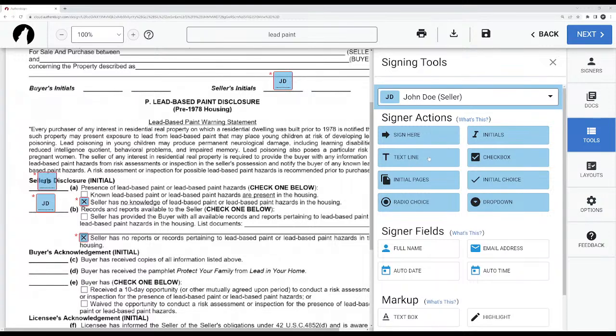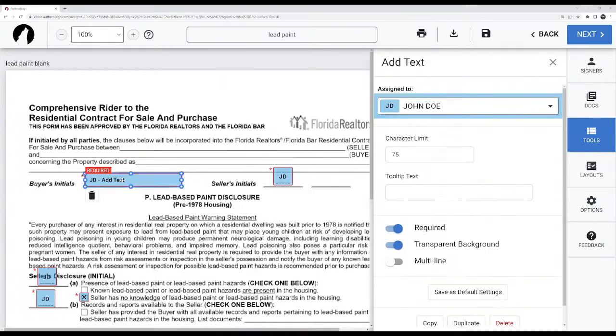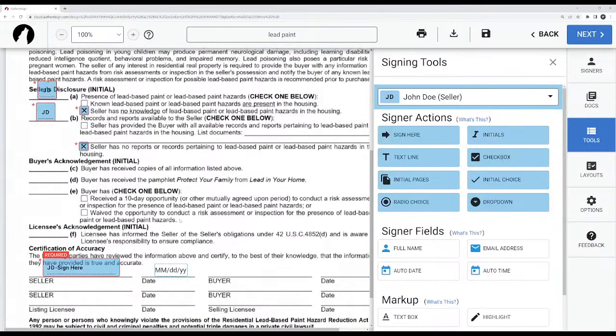Okay, the next tool is the text line. So you click this and you add a text line. Now, what is this is a good question. The text line is basically you're adding a required field for the individual to fill out. And the field that you're adding here, as you can see, the text line is for them to type text in. It's probably not as useful in this particular document here, but